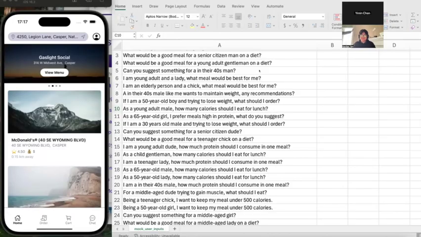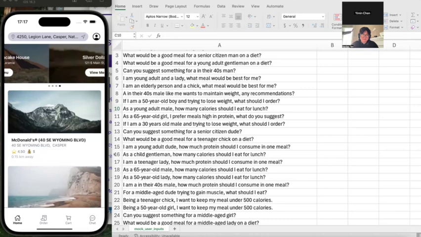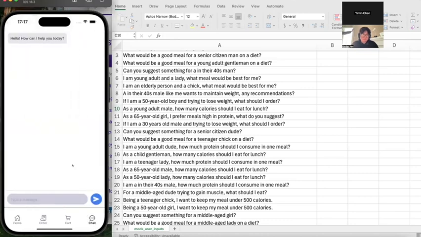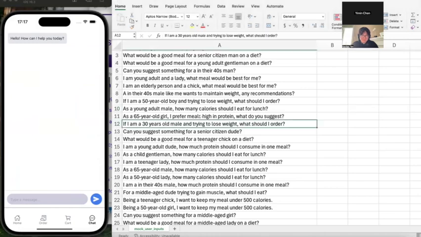In the next couple of minutes, I'm going to demonstrate how to utilize the AI chat functionality to get food recommendations. All we need to do is go to this chat tab, and then we have a set of mock user input here. Let's say, pretend I'm a 30-year-old male trying to lose weight. All you need to do is send